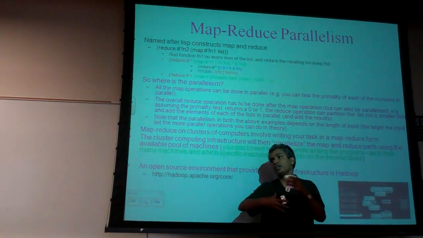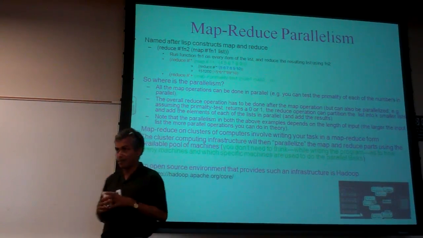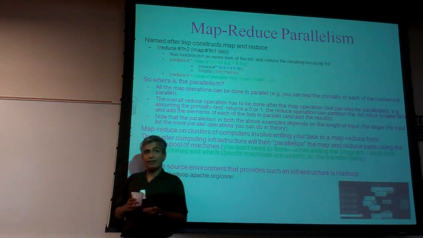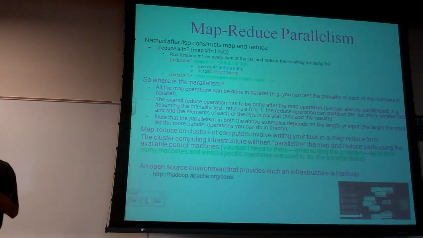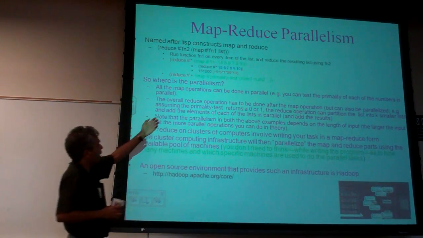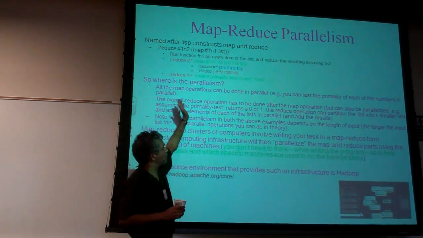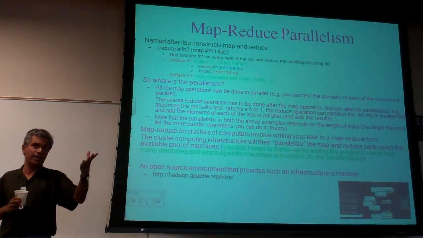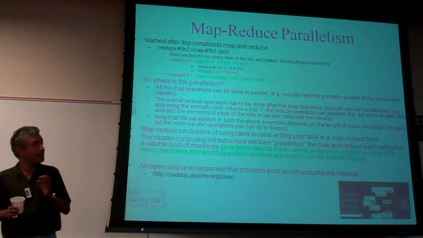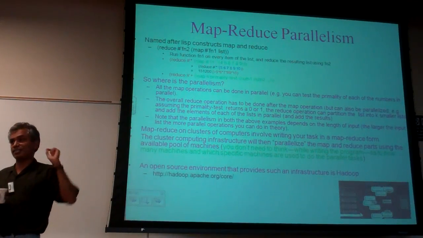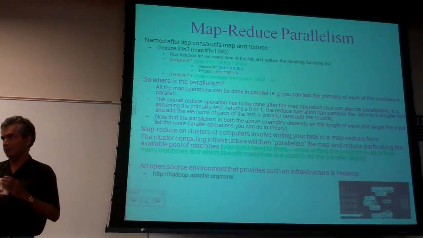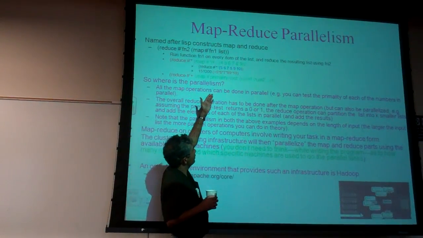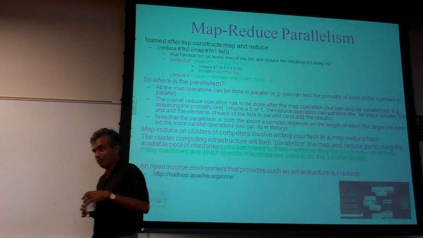Reduce is sort of putting that together. Okay, that's a MapReduce computation. Another example would be if I have a whole bunch of numbers and I want to find out how many of them are prime numbers. I have a primality test, I map the primality test onto all the numbers, and it gives me 1 or 0, 1 meaning it's a prime number, 0 meaning it's not. Then the reduce operation uses plus, and essentially I will just get the number of prime numbers.